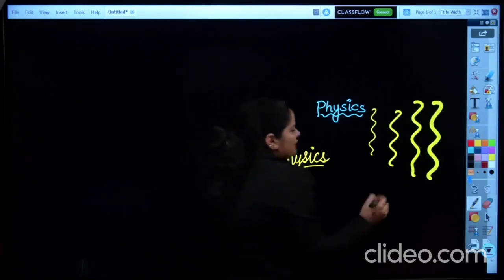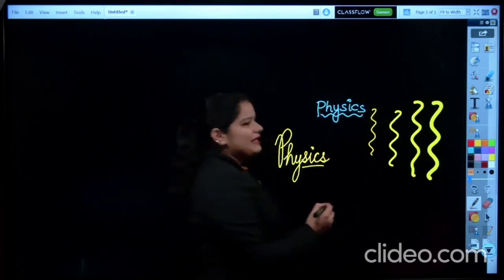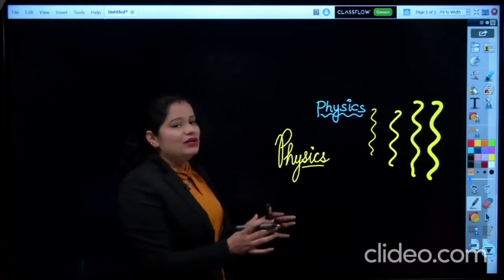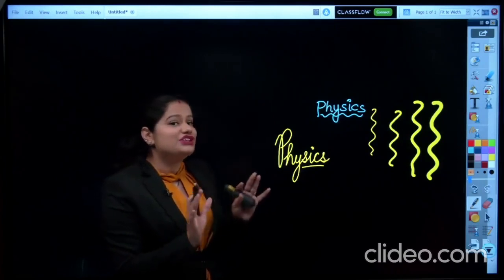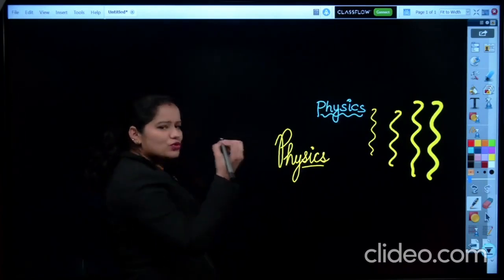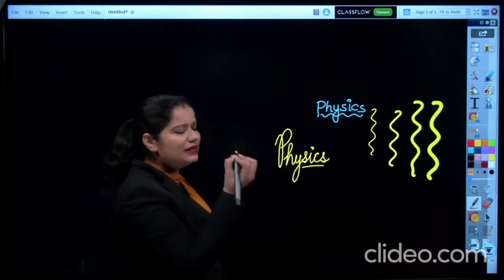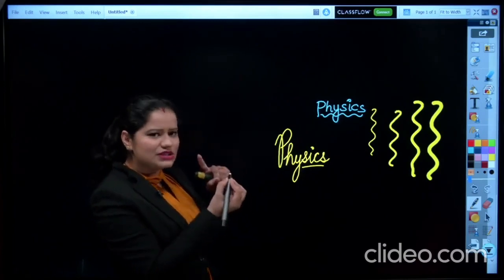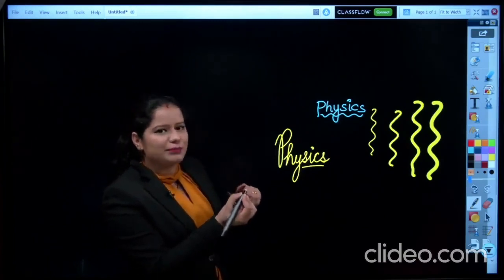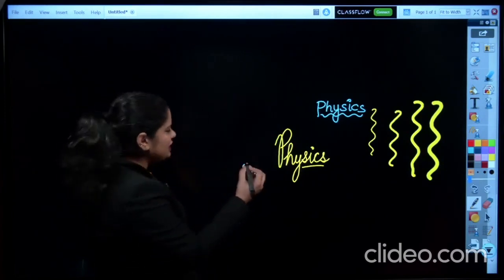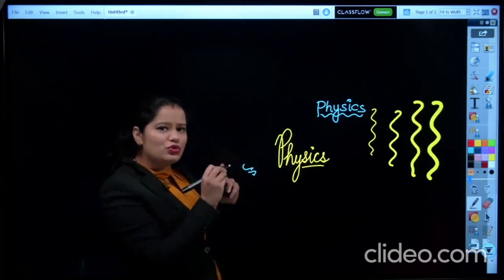Now there is one tip that I want to give you guys while using this pen tool. See, you are writing. We are working on this digital board. So this is a touch sensitive board. If you hold the pen too near, or if you hold the stylus, this is a stylus with the help of which you are writing on the board, too near from the tip, you will see that it will cause stray marks over there. So there is no need to hold the pen too close to the tip.